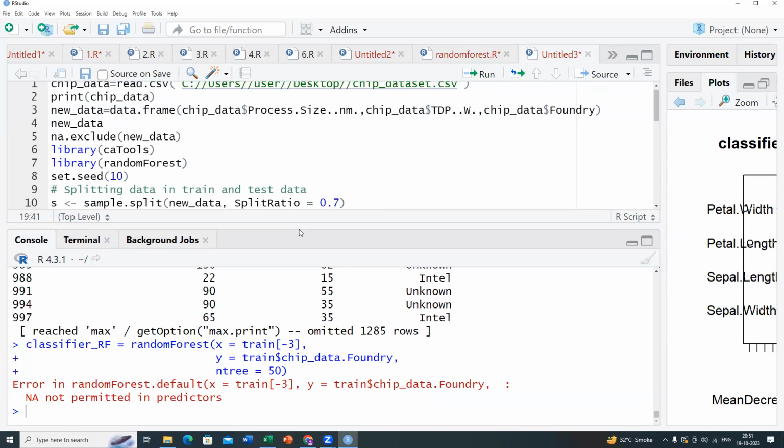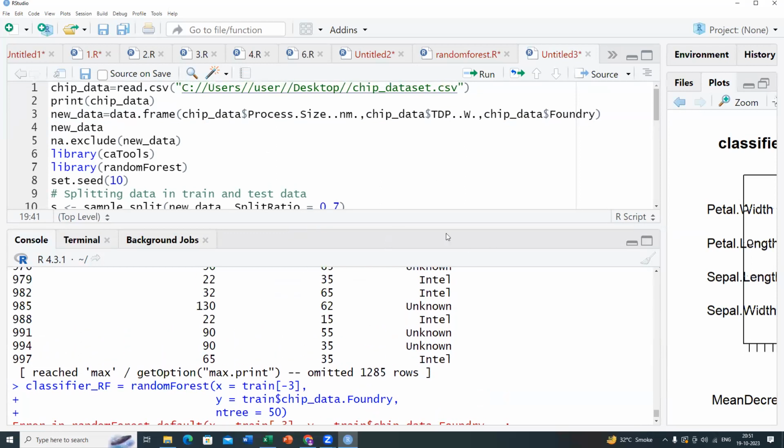In the data sets, there are null values. That's why